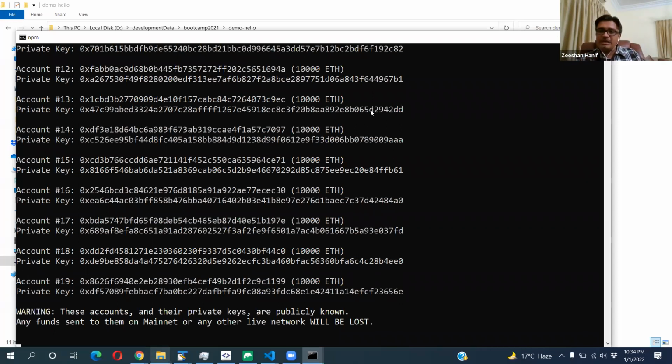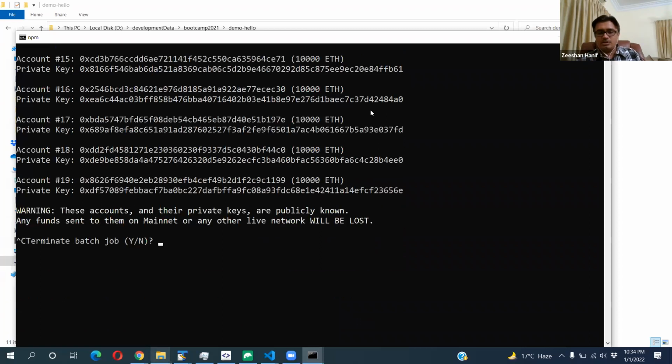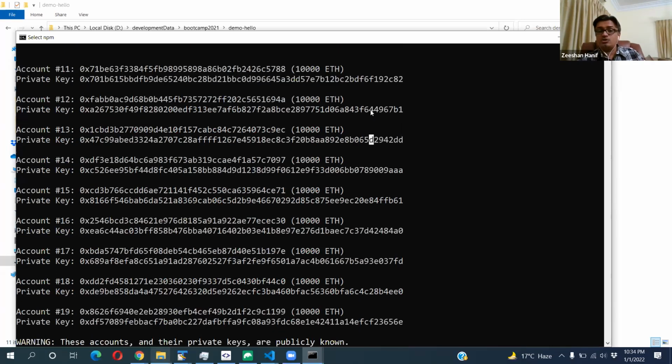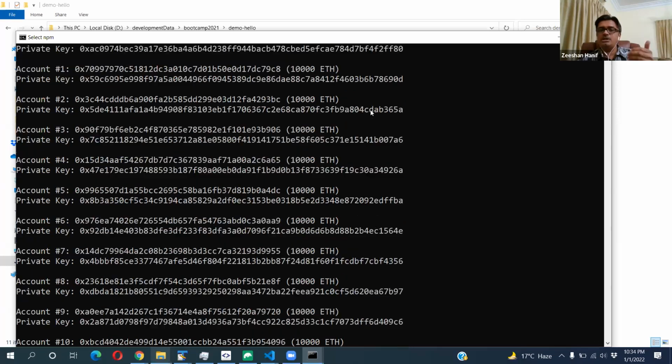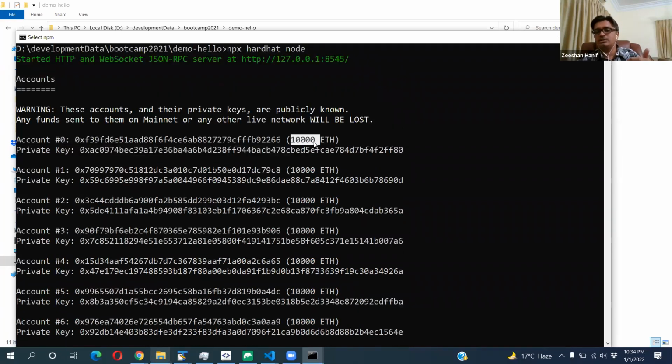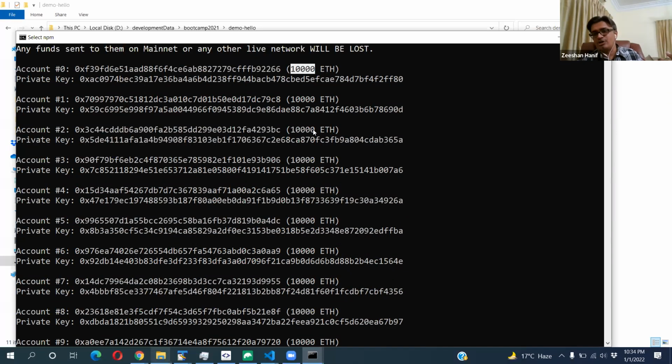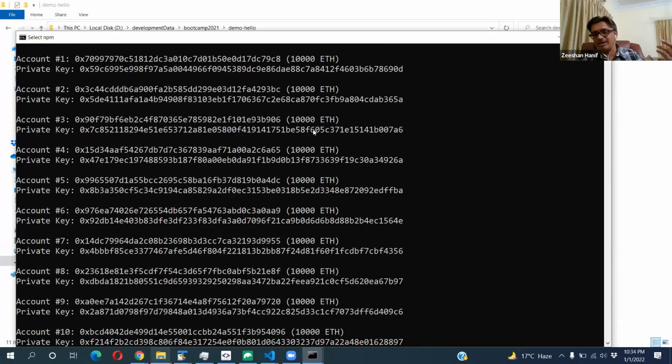It will keep running until you exit the terminal. So you have a running blockchain for yourself, and it has 20 Ethereum accounts. Each account has 10,000 ETH. So at least in your local blockchain, you are quite rich.